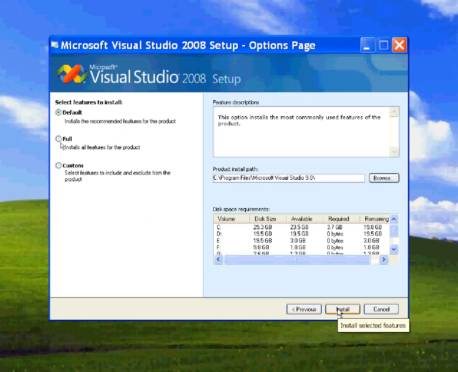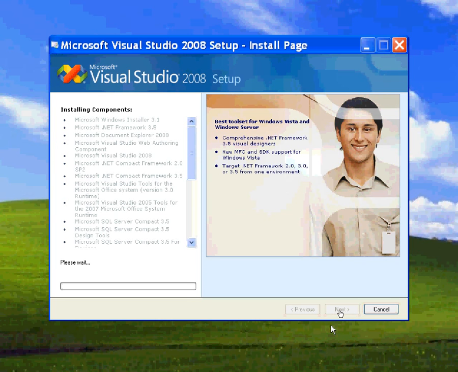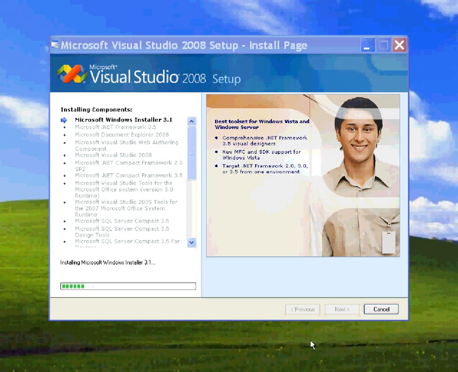There are three versions: default version, full version, and custom version. Here we can set the path, and now click to install. We can see that Visual Studio is installing. It takes maximum 30 to 35 minutes. After finishing installation, we press the next button.